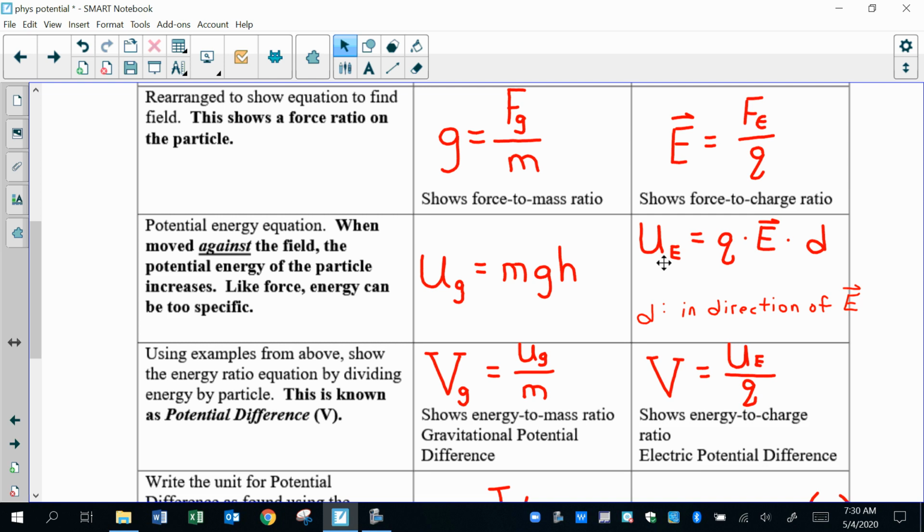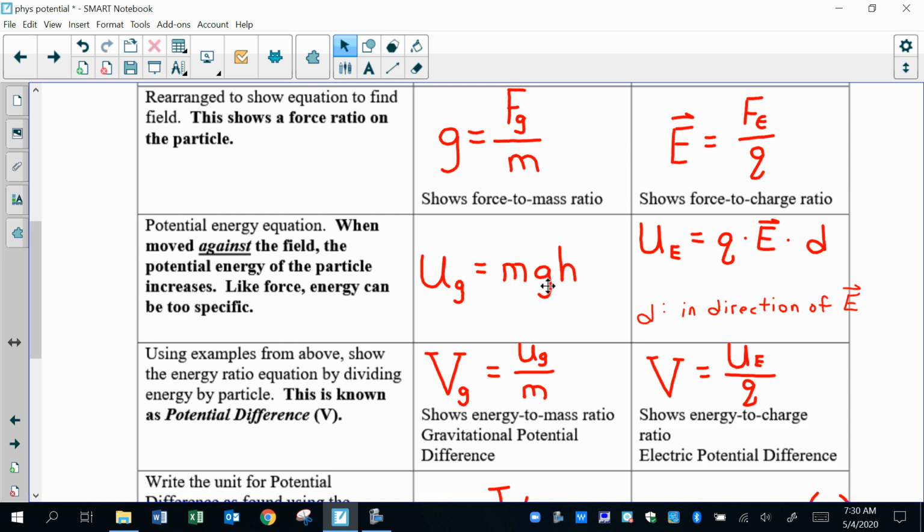That's going to be new for us. I can do this one of two ways. I can do force times distance, because work equals energy and work is force times distance. Q times E is my force, D is distance. Or I can look at it and just copy it. Mass is my particle, Q is my particle, G is my field, E is my field,